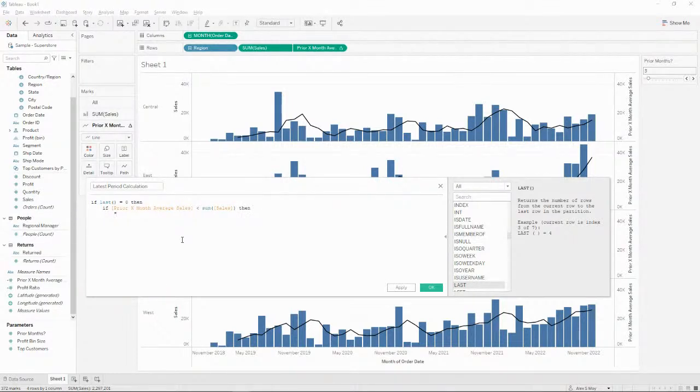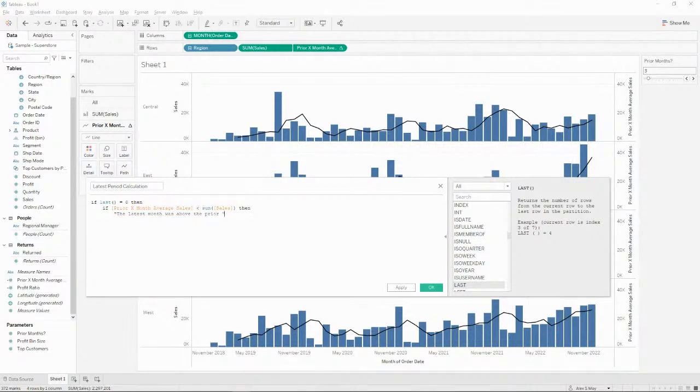Then we're going to have some text over here, and that text is the latest month was above the prior 3 months sales. Okay, so the latest month was above